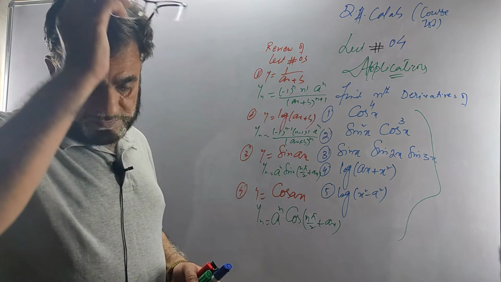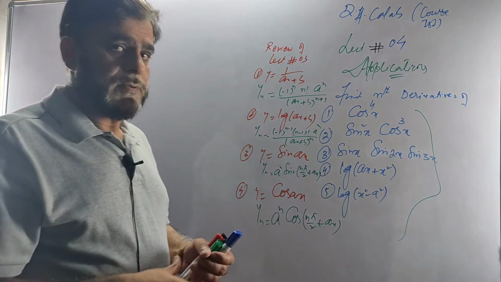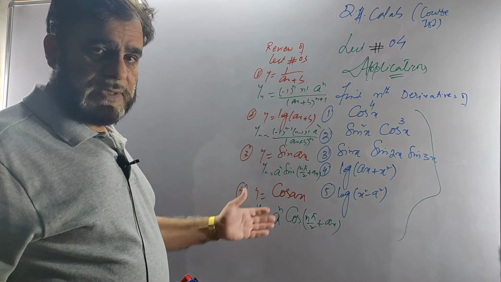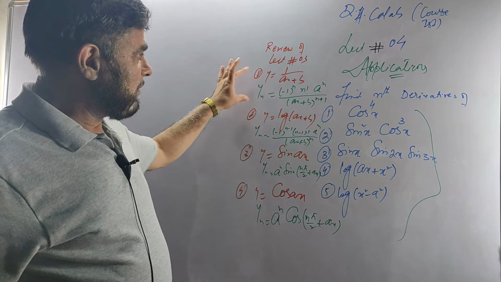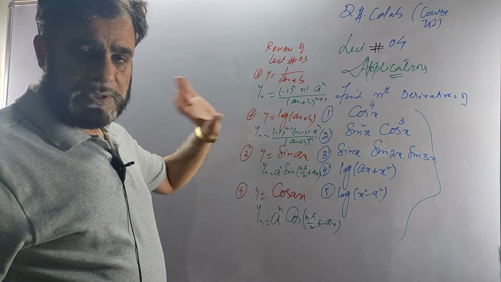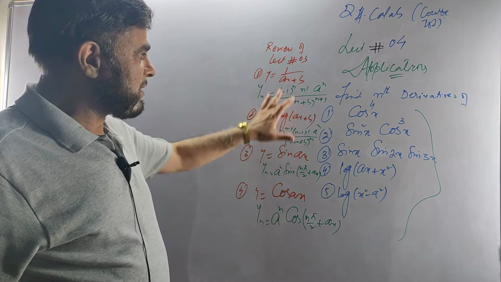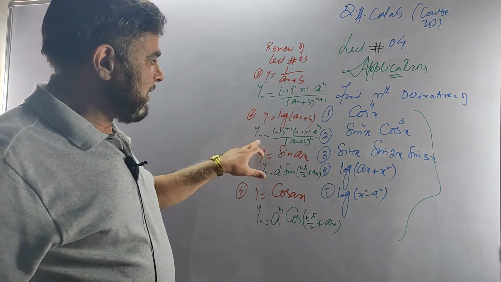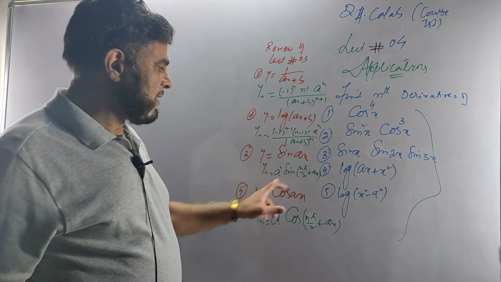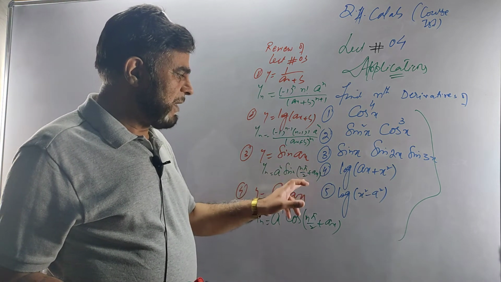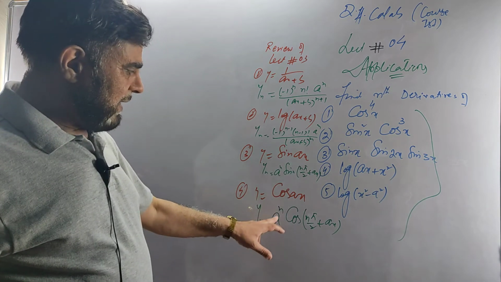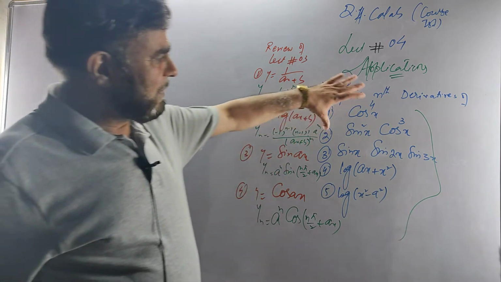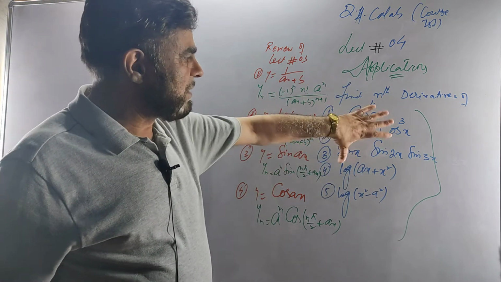Previously we did lecture 3. If you remember what we did there, I have just given you the review of that lecture. We found the nth derivative of some fundamental results. Suppose y is equal to ax plus b, its nth derivative is this. You did it in lecture number 3. If y is log of ax plus b, the nth derivative was this. If y is sine of ax, the nth derivative was a raised to power n sine of n pi by 2 plus ax. Similarly for cos. What is this a raised to power n? It is the coefficient of x in the angle. Now I have quoted here some applications of how we apply these results.